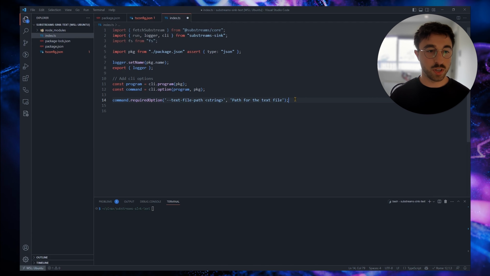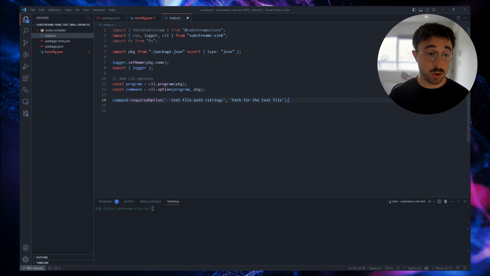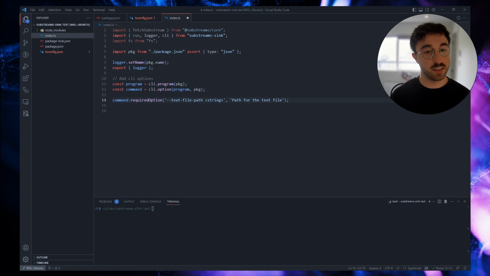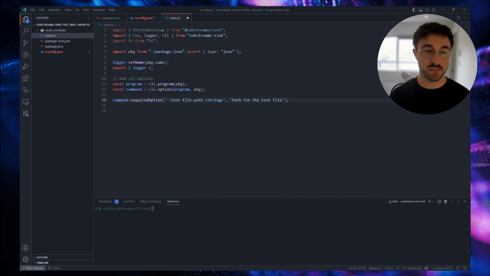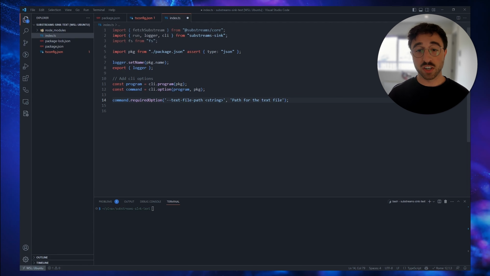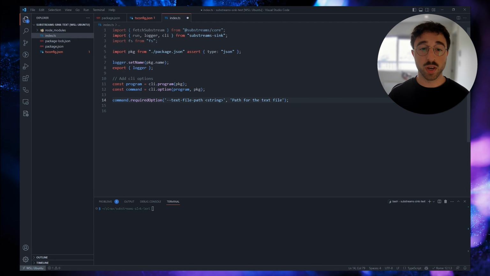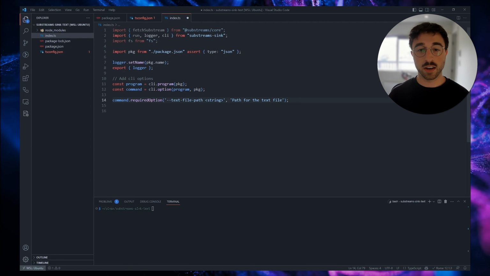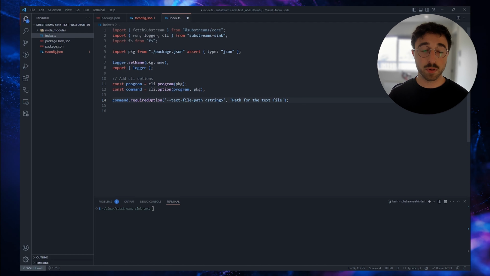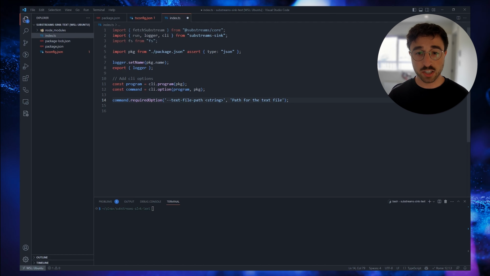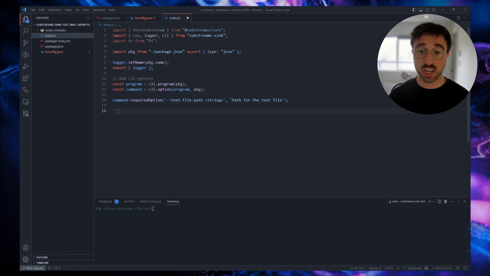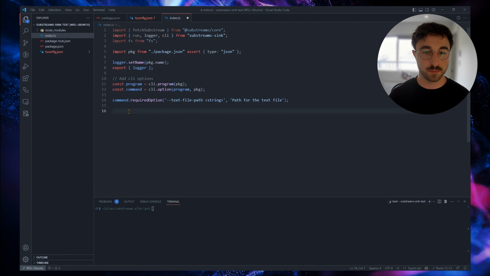So here you can see we are adding the required command line option, text file path, that will be the path for our text file. Then we will specify the function that will be executed when using our run command. One thing worth mentioning is that the Substream Sync library is built on top of the Commander NPM package. So if you are not sure about something related to the CLI, you can go check for answers in the Commander documentation.